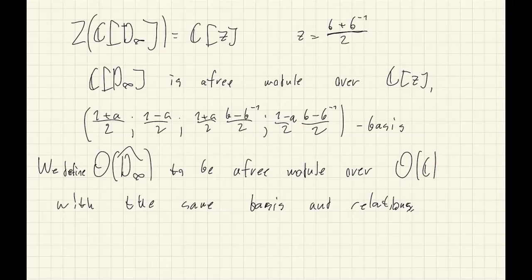Because if we interpret this in this way, then it will be clear that the resulting object will be, in fact, an algebra over the holomorphic functions and free module of the same rank. Yeah, so you're right. So it's the same actually. Mm-hmm. So it's the infinity